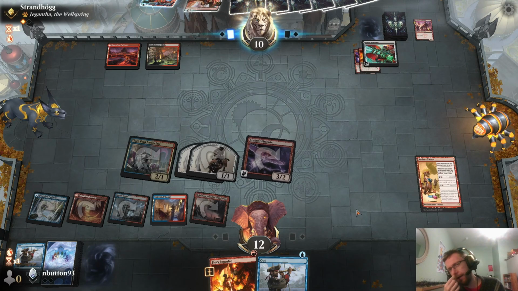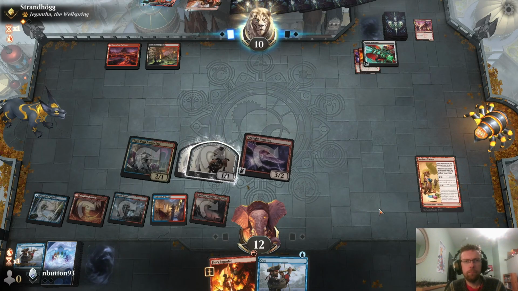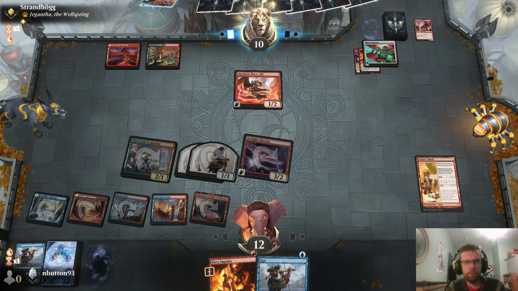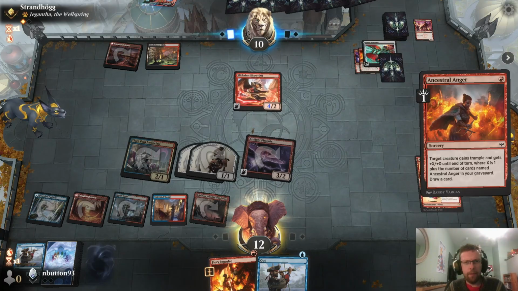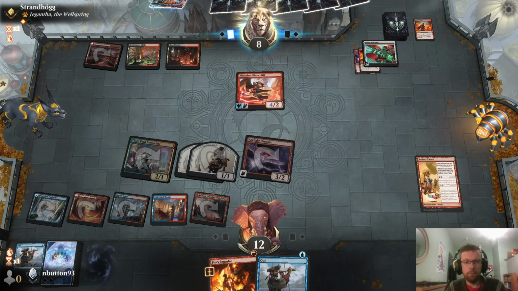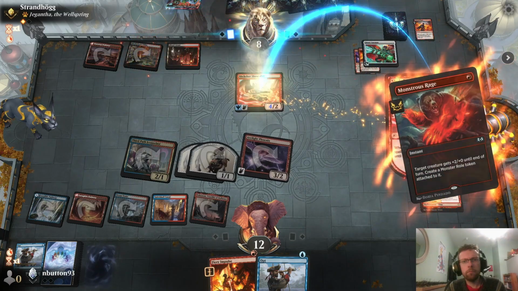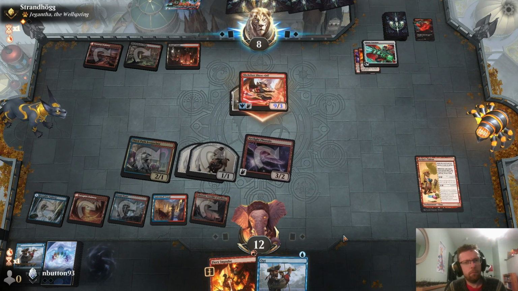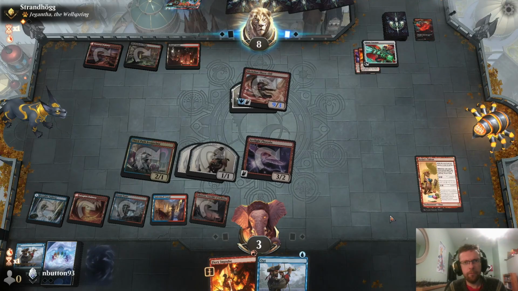I do have to pick the right moment to try and kill it as well, just because of the various spells they could use. Okay, it's down. Yeah, I'll let that one resolve. Okay. It's not lethal at the moment. And I will have lethal on the crackback, so...